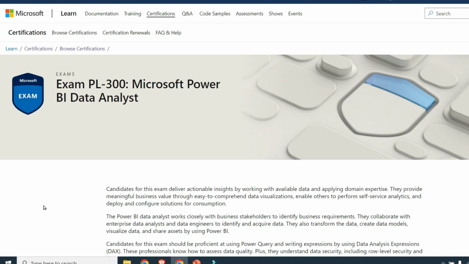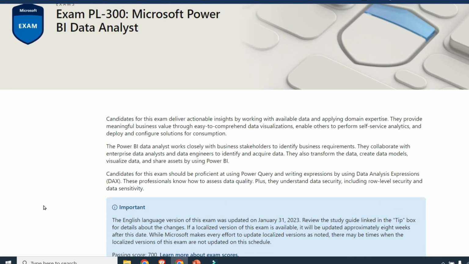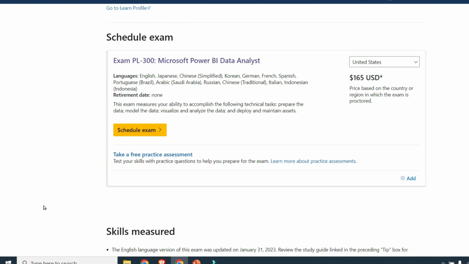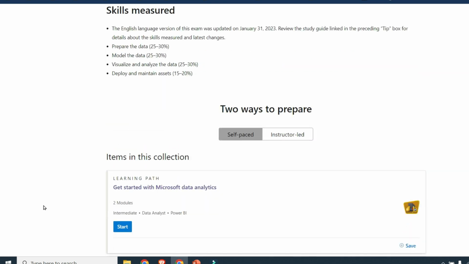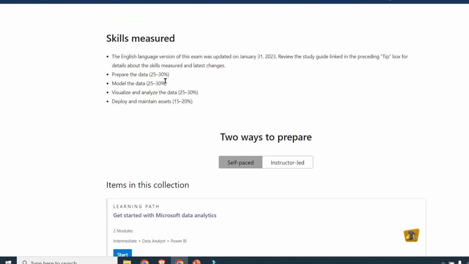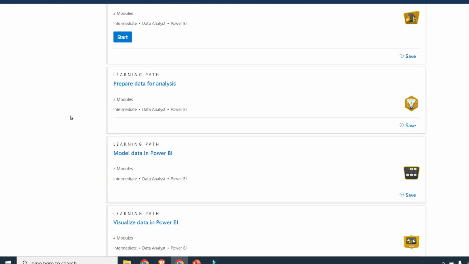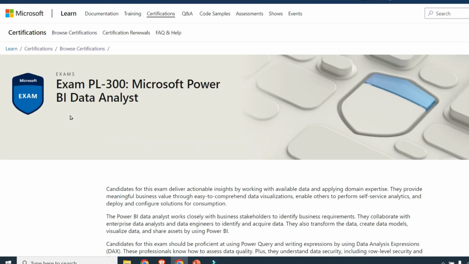Okay, so out of all of the certifications I think anybody could possibly do if they want to be a data analyst is this one here. It's the PL-300 Microsoft certification. It's for Power BI. Remember we talked about Power BI being on a massive growth surge. There is just massive demand for it. The exam itself is $165 US dollars, and basically it just covers all of Power BI. So you'll literally have to be an expert in Power BI to sit this exam. It gives you here the skills breakdown: preparing the data, modeling the data, visualizing and analyzing the data, and then deploying and maintaining assets. It's literally the perfect one to do. So you would do that one first.